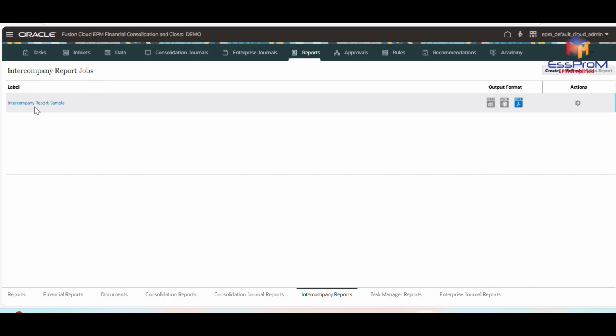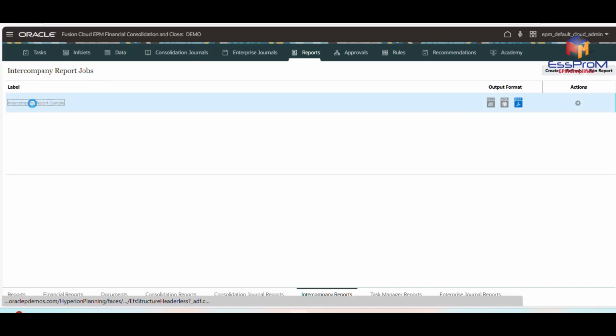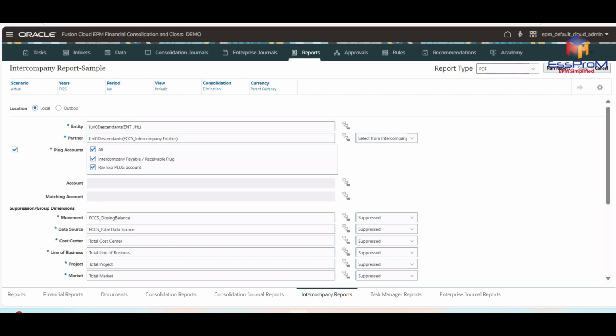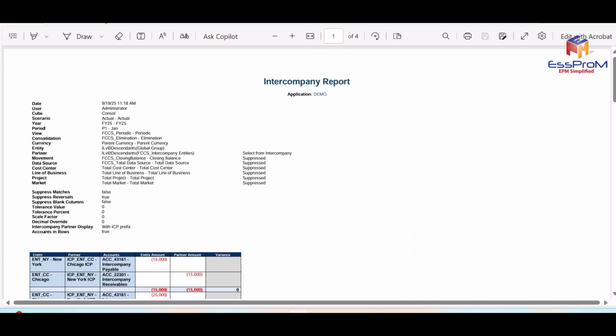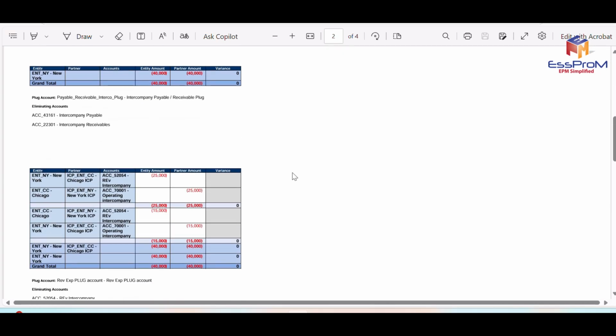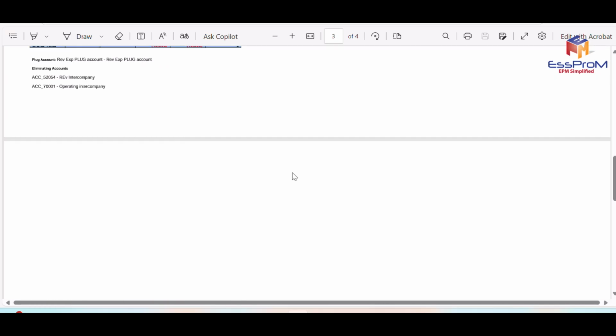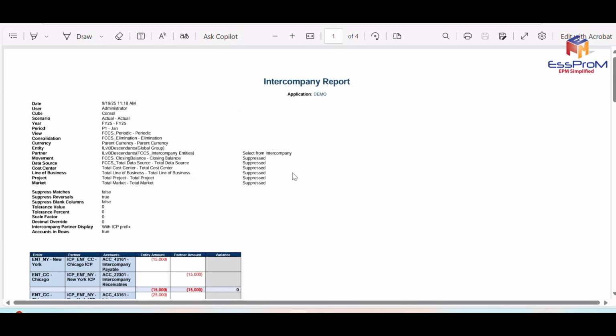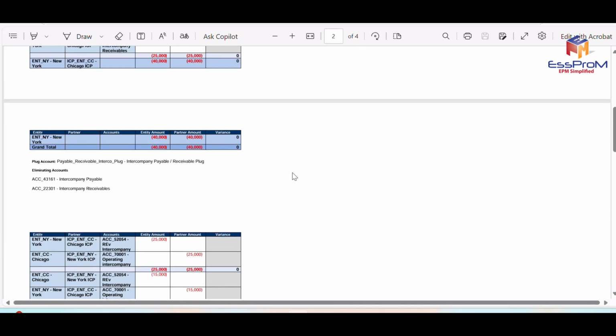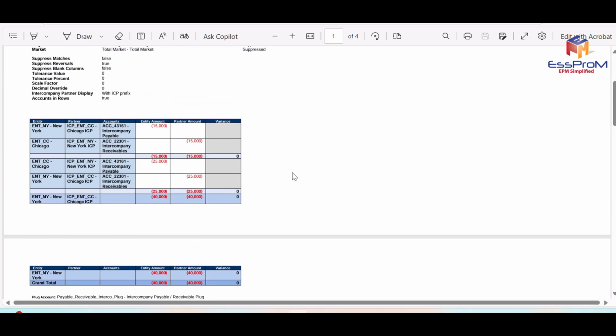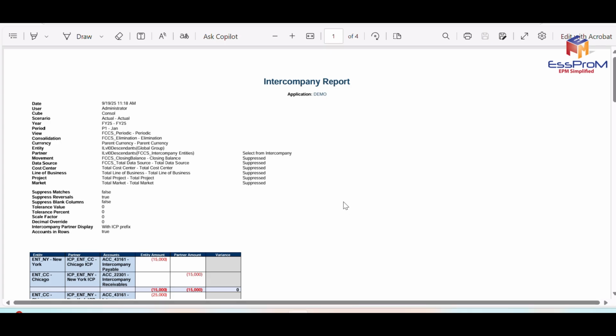level. Let's navigate through one more step, which is intercompany reports. Intercompany reports help you ensure that these entity and partner intercompany transactions are matched correctly. In these intercompany reports, we can clearly see how the different intercompany transactions are matched and how the different plug